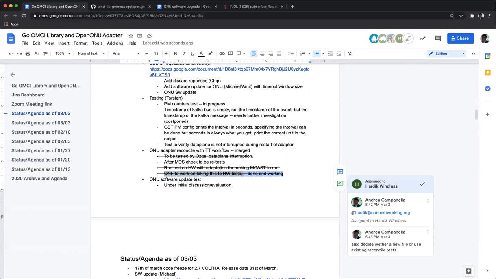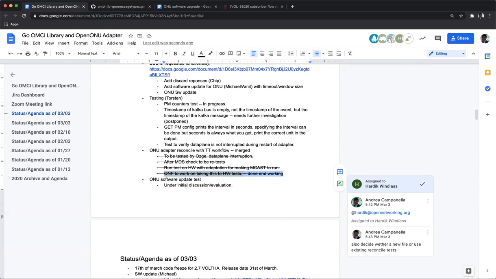Yeah, that's a good point. We have not done that yet. But it should be no problem, because I've checked that no configuration is sent down to the ONU, but to have a test here would be good for future enhancements. Yeah, that's something we can work on in the next few weeks before the release. I'll make sure to work with Hardik on it. It's something we already brought up, and it should be no big deal. We'll make sure it works.